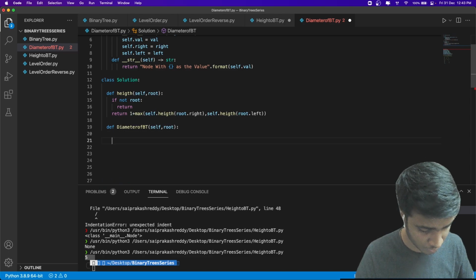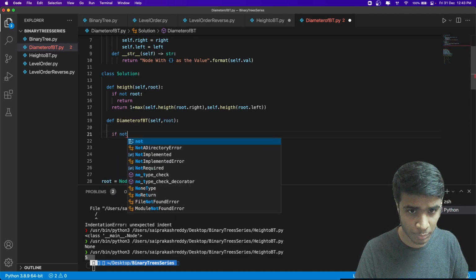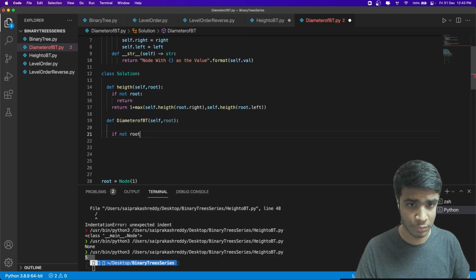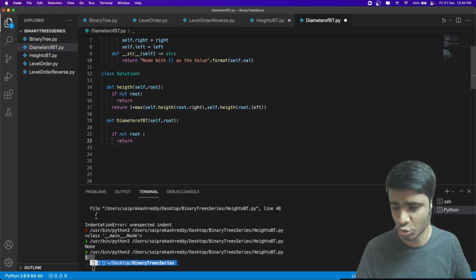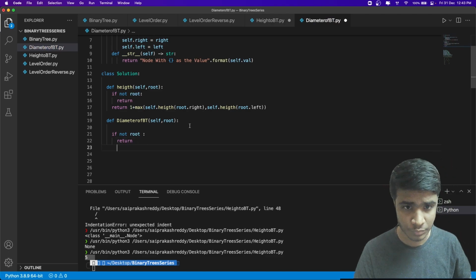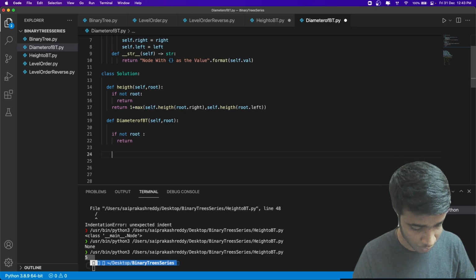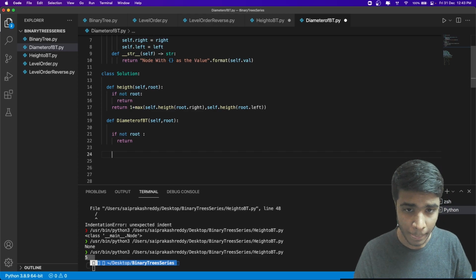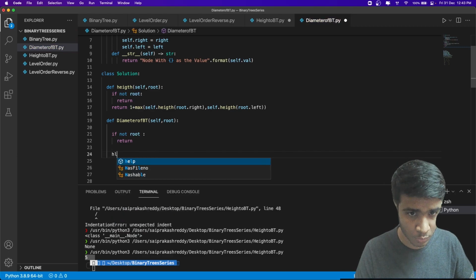It's going to be a recursive problem, and as I said, there's going to be a base condition. So if not root, so if root is empty, we're going to return 0. It does not contribute to anything, right? It doesn't have any diameter or such. So here's what we're going to do. Let's find out what is the height of left.